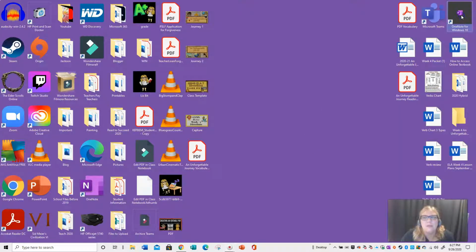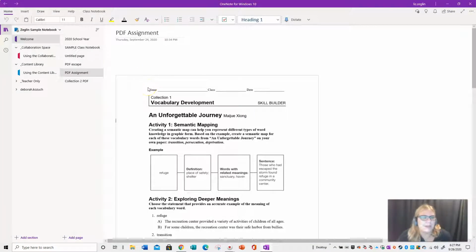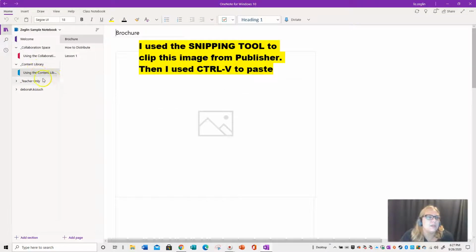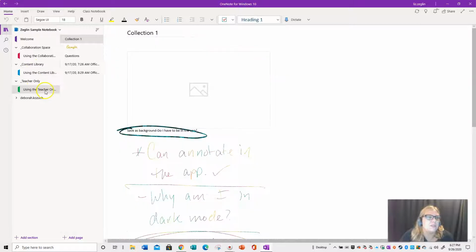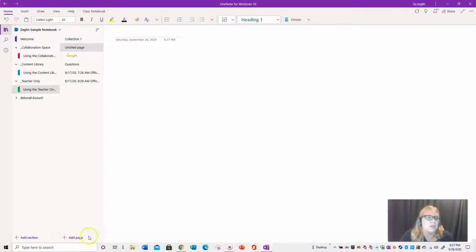And then I'm going to go to the OneNote for Windows app. And you can see I've kind of played around with this before. Then I usually go to my content library. Now I can also go to teachers only. And I would type in, okay, that's the story. So at this point, I'm just going to click in